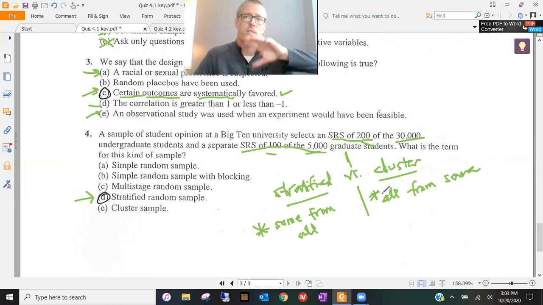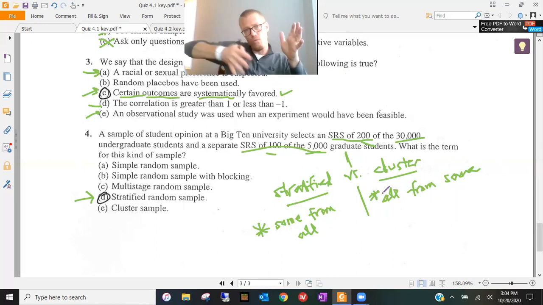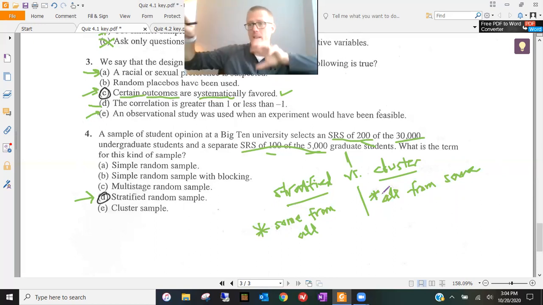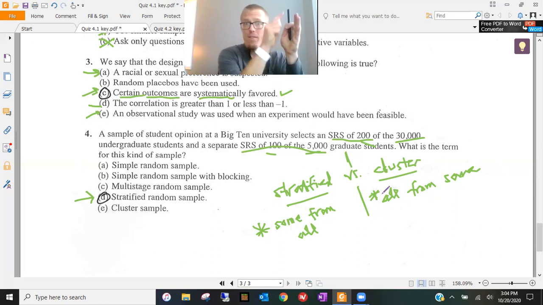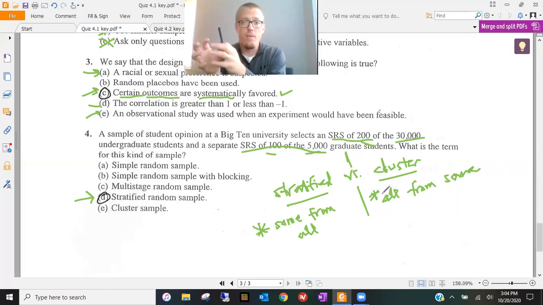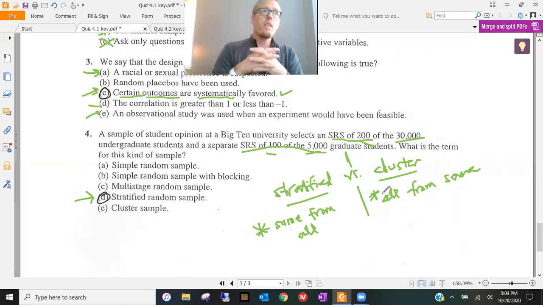If you cluster sample the trees in a forest, that means you're going to divide the trees into all these different regions, and you're going to go through and randomly select 10 of those regions and only go to those regions. So I picked the region in row 1, column 3, that region got selected. I go and select every single tree. I measure the diameter of every single tree in that region only. And then I go down to row 6 and over to column 5, and I selected that region. It's not that I'm taking trees from every region. I'm only taking some of the regions, but I'm getting all the trees from some of those regions.